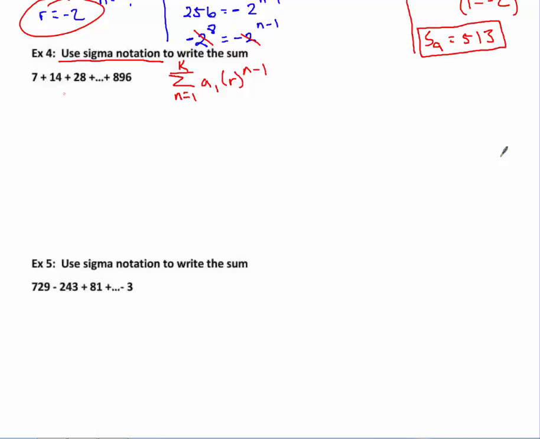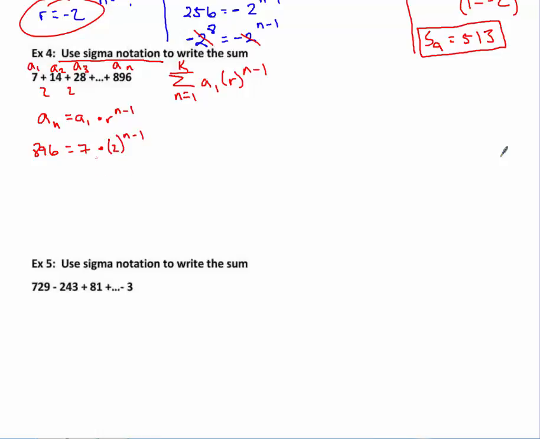Okay, so we have this sequence right here. And we know that this is A1, A2, A3, and this is A n, right? Now, we know our formula says that a sub n equals a sub 1 times r to the n minus 1. Right, that's our formula for our geometric sequence. So a sub n is 896, a sub 1 is 7. Now, r, we know 7 times 2, 14 times 2, 28 times 2, so r is 2